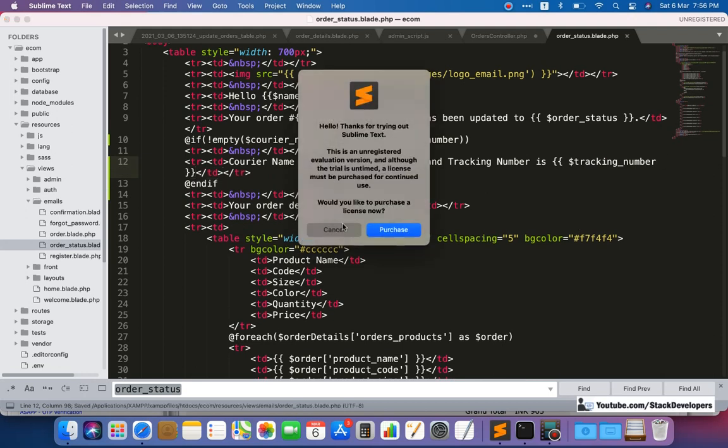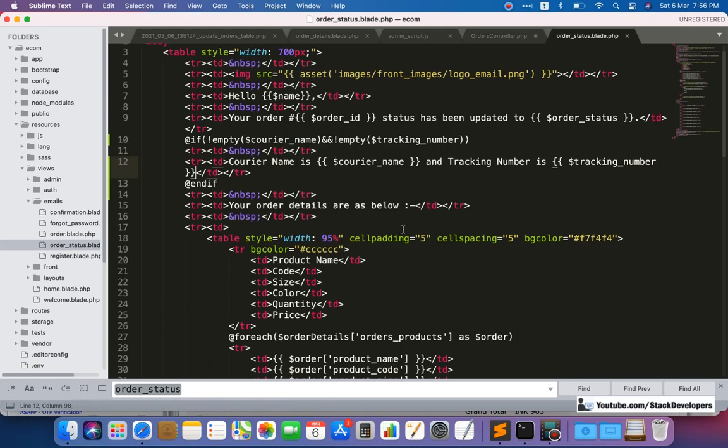Okay, so now if these two are not empty, then we are going to show. We have added the condition here, if not empty courier name and if not empty tracking number, only then we are going to show courier name is this much and tracking number is this much.